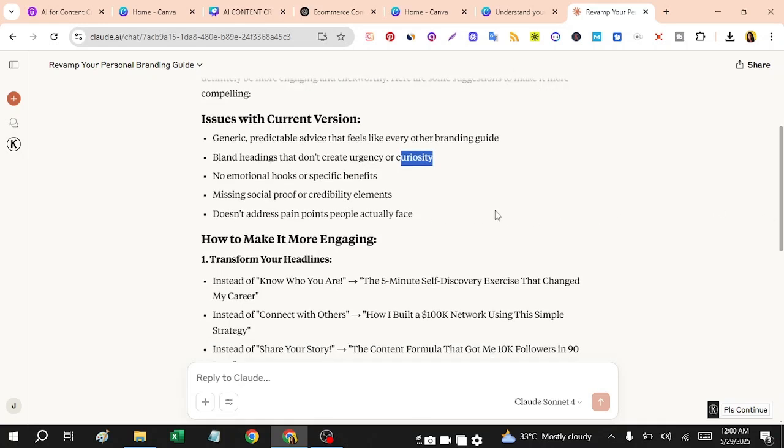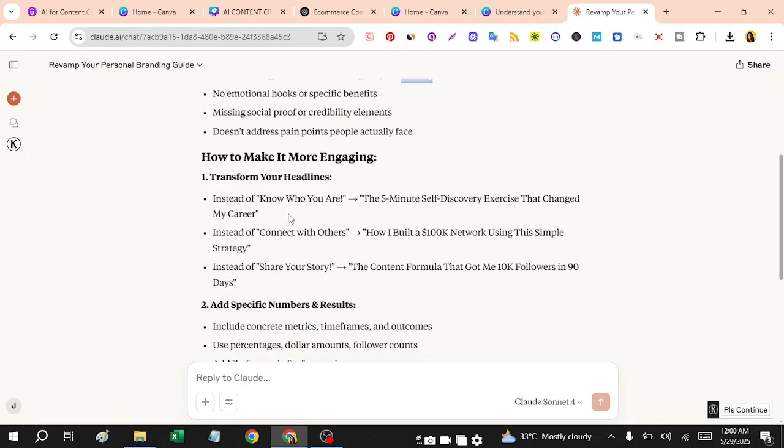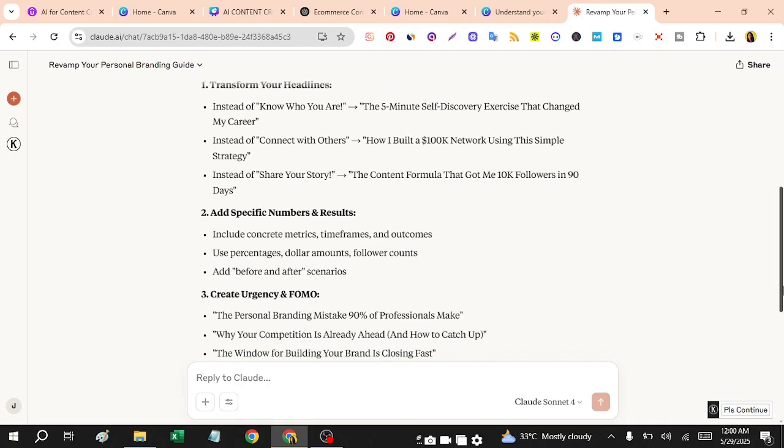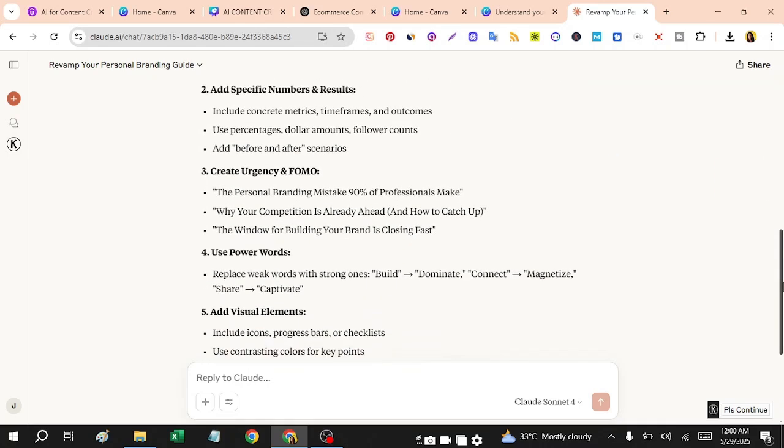These are very amazing issues this tool found. It also suggests that instead of using this, you can add this. This is so cool, so powerful, right?